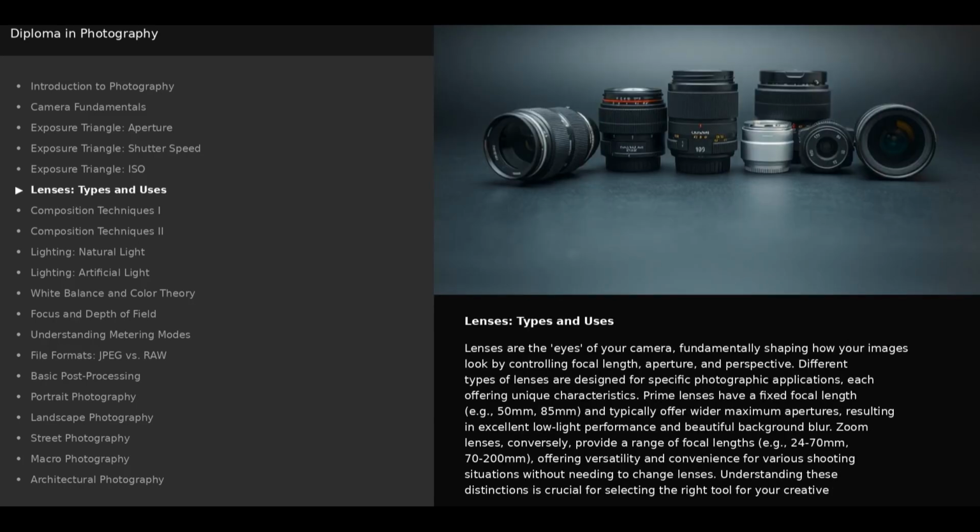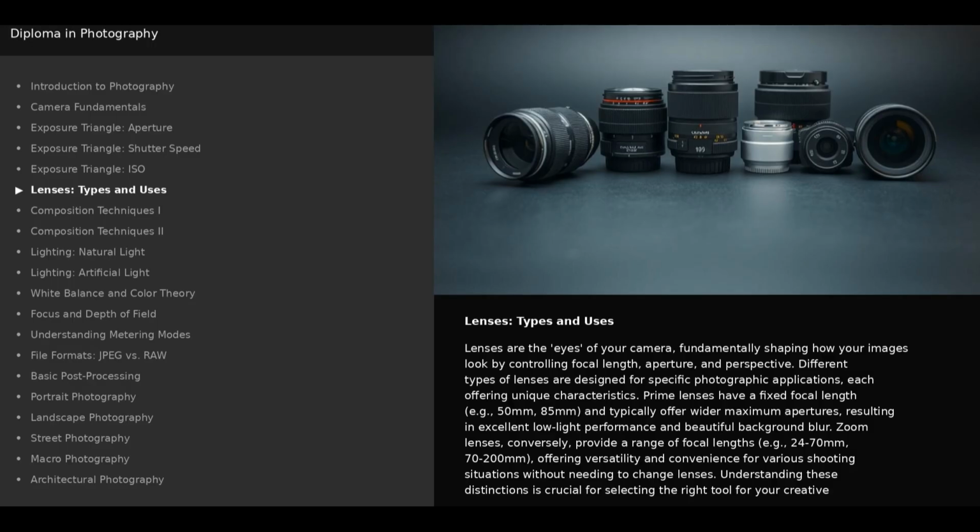Lenses, types, and uses. Lenses are the eyes of your camera, fundamentally shaping how your images look by controlling focal length, aperture, and perspective. Different types of lenses are designed for specific photographic applications, each offering unique characteristics. Prime lenses have a fixed focal length, 50mm, 85mm, and typically offer wider maximum apertures, resulting in excellent low-light performance